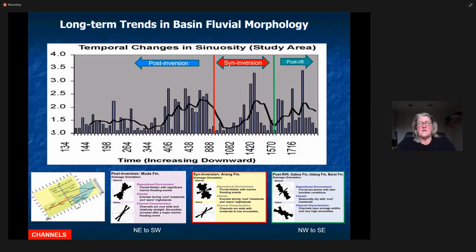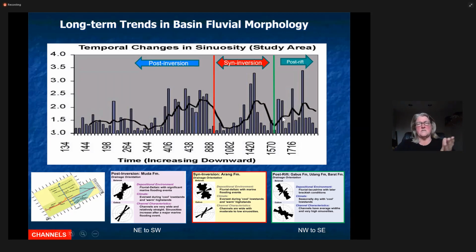So we went through and took every one of those 10 millisecond slices or so, and I've summarized them together here. We took each one of those slices, and for instance, this is sinuosity. We documented the average sinuosity of 10 common fluvial channel systems, randomly selected, gridded across the area. We're going to take 10 or 20 of them and average the sinuosity.